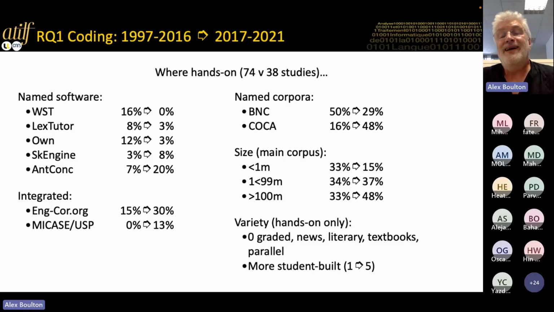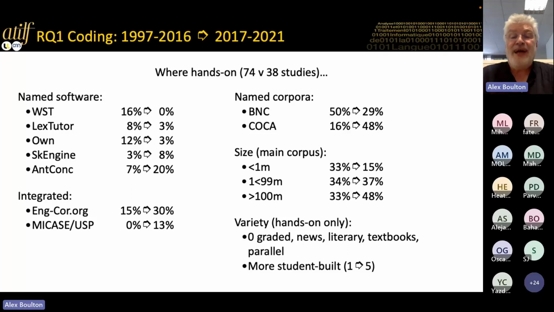The smaller corpora are less popular today. That coincides perhaps with what we saw: there are fewer specialized studies, fewer studies in language for specific purposes. But the larger corpora, over 100 million words, are becoming more popular. And also on size, we're seeing actually less variety, partly because the large public corpora come to dominate, and people don't have time or the inclination to build smaller corpora, given their expectations for large corpora.